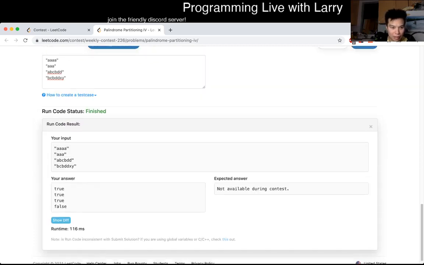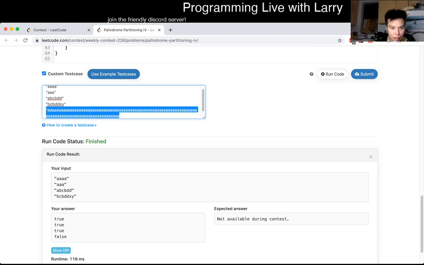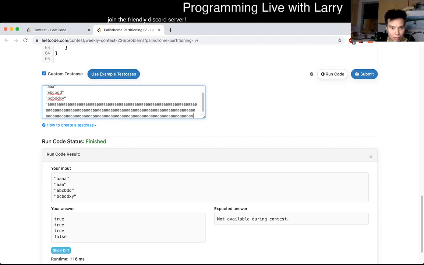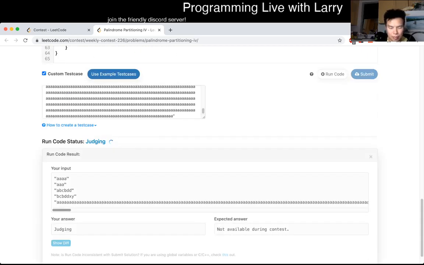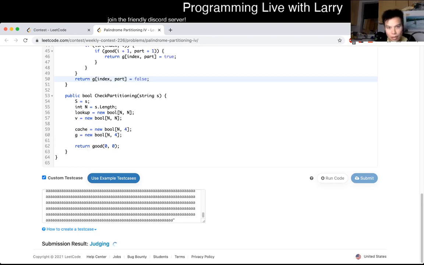I don't know if this is fast enough, but let's see. I hope that is fast enough. It looks fast. Okay, I mean, this is such a